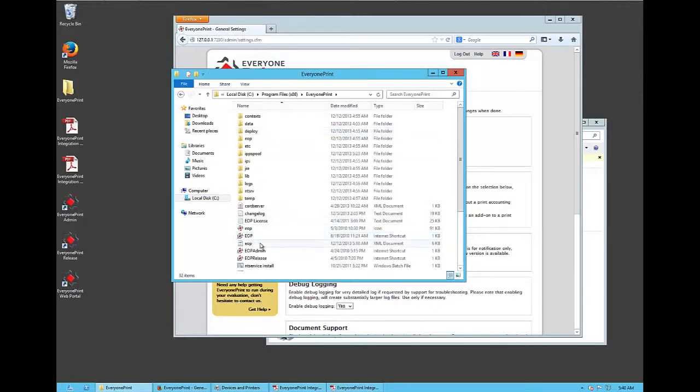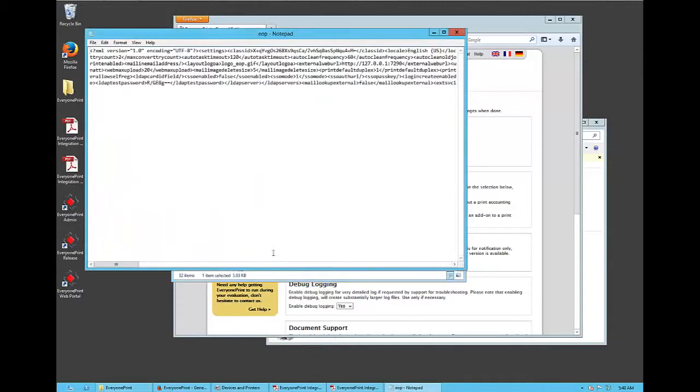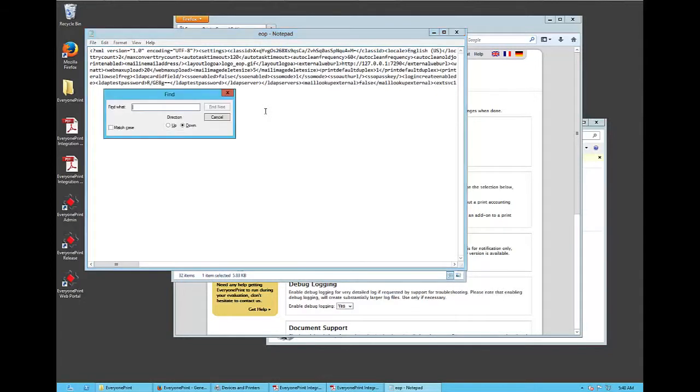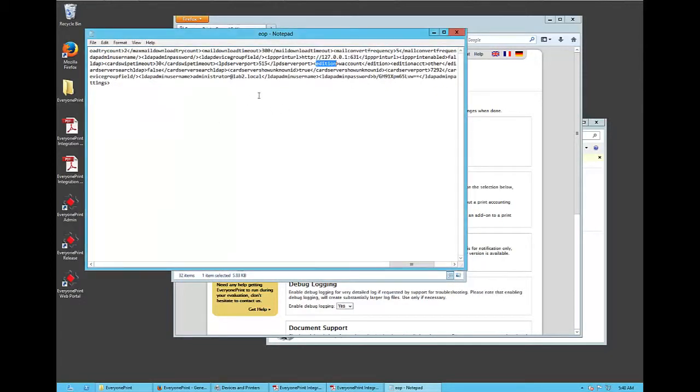Here is the install directory, and we have this file called eop.xml. We open this up in Notepad, and we want to find an entry. It's described in the documentation. I know it's something with addition, so I'll search for this, and we see addition with accounting, and then it